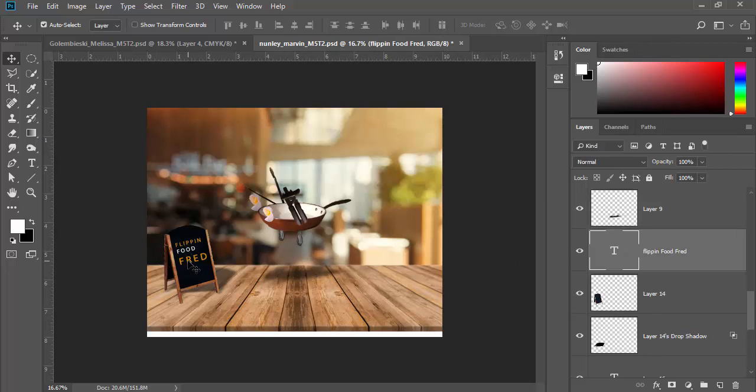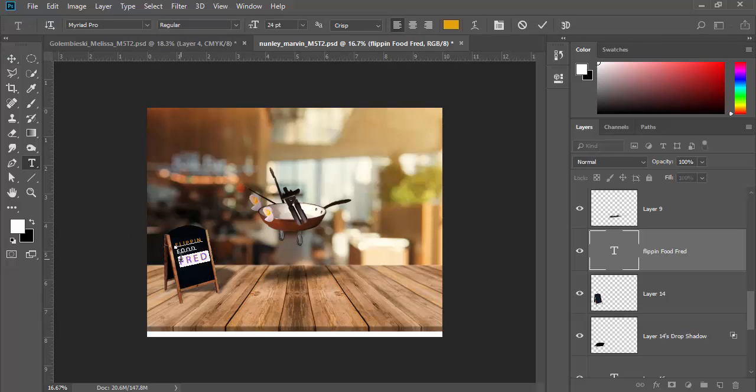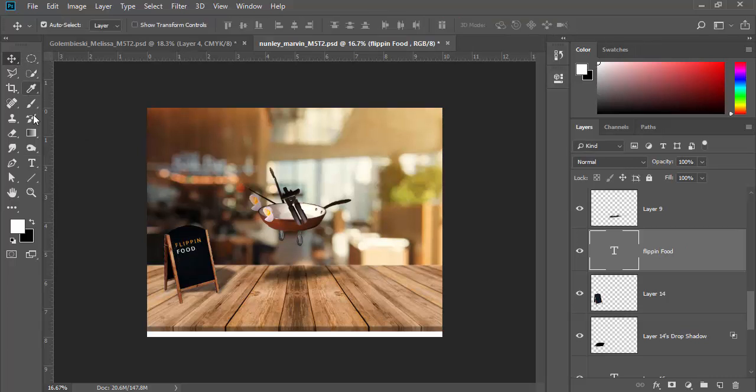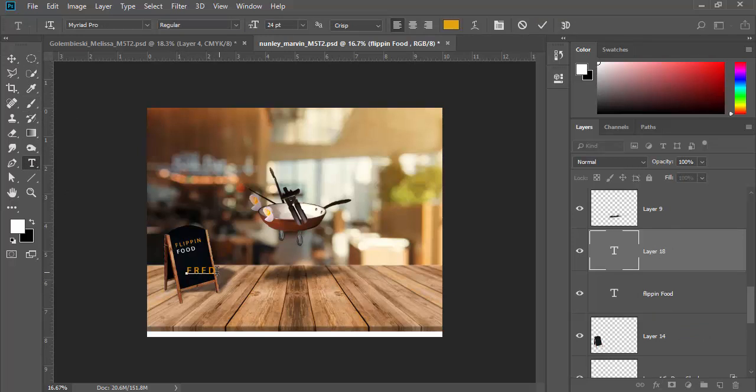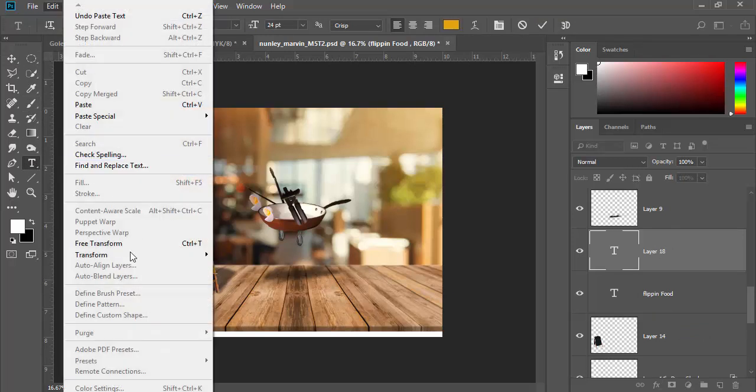For your text, I would definitely go in. I would say Flipping Food would be centered, and then Fred right there. I would probably make Fred a little bit larger. Of course, you get more control if you have them on separate layers, so I'm going to cut that out. And I'm going to take my text tool, I'm going to paste. Okay, and then I'm going to go up to Edit, Free Transform,